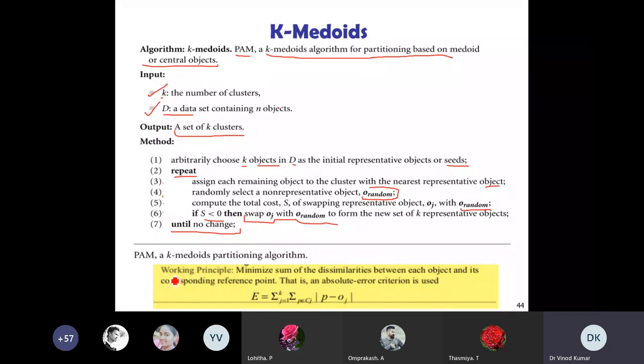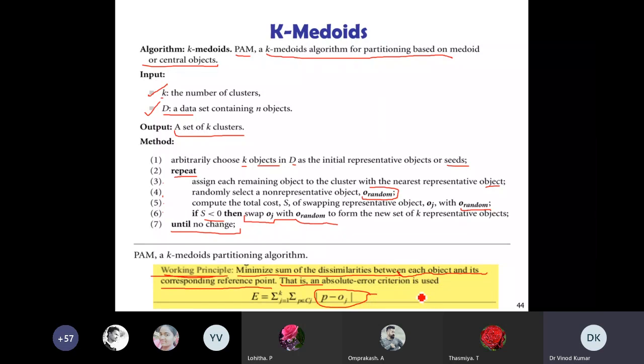Now see what the working principle is. What is the objective? Minimize the sum of the dissimilarities between each object and its corresponding reference point. This is the absolute error criterion used, and you can work with this formula.